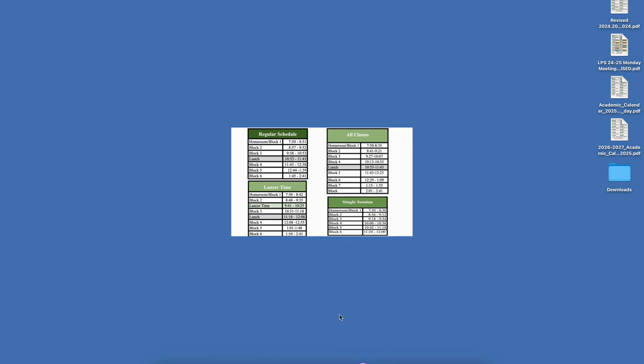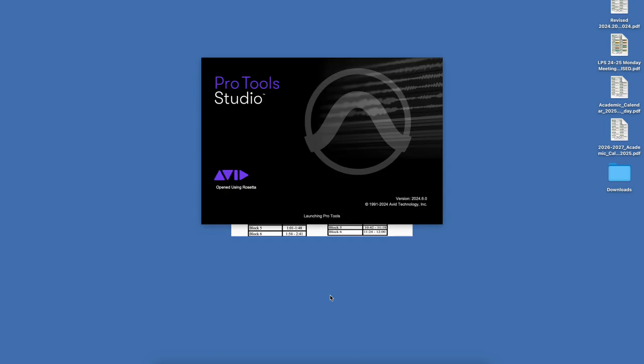When you first open it, you're normally going to see the dashboard, which is basically our loading screen for Pro Tools. It's where we can choose which session we want to open, including sessions that have been previously opened, or in this case, a session that we're opening for the first time. And if you're opening Pro Tools for the first time, I will warn you, it can take a little bit of time for it to open as it loads all the plugins. So just keep in mind that when you first open Pro Tools, it's going to take a while to initialize